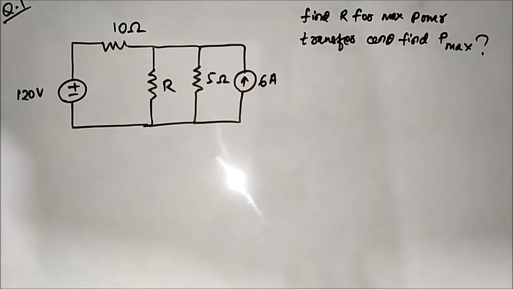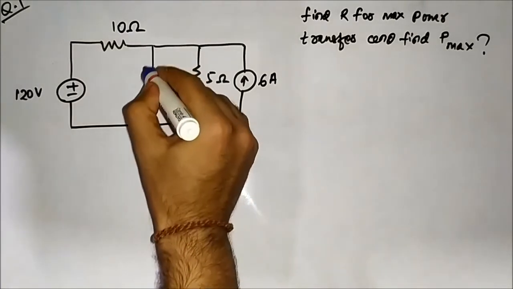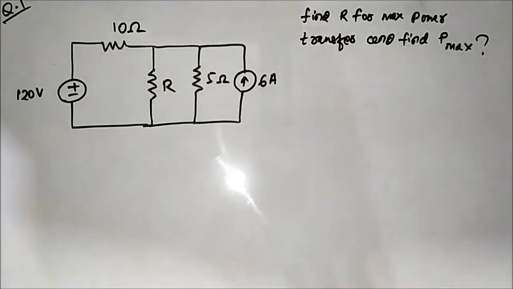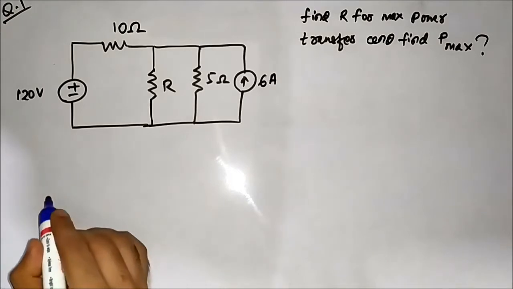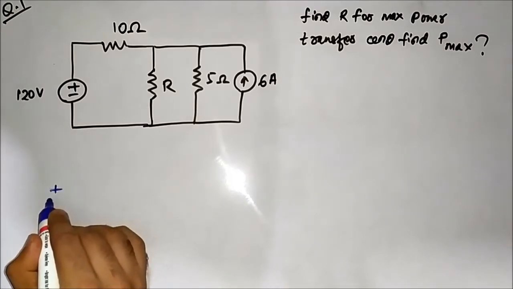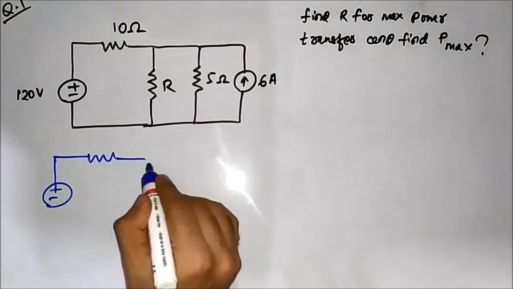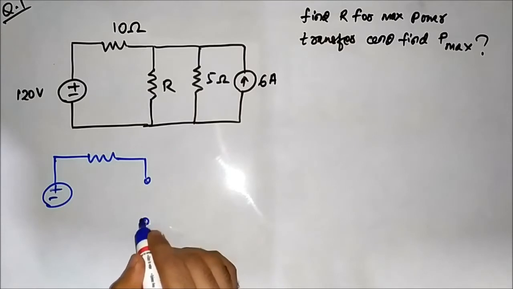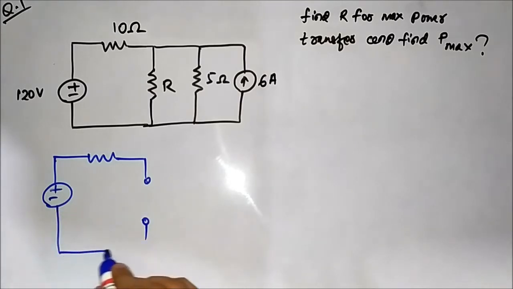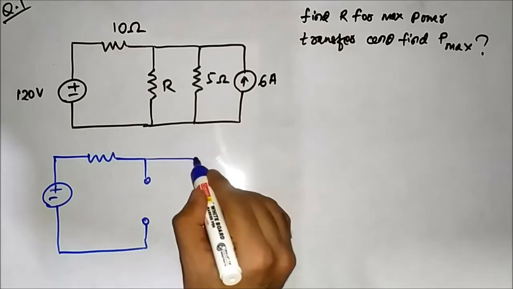Okay, so the important thing here is the application of Thevenin theorem. We have to find the Thevenin equivalent circuit across these two terminals. We have to open circuit first this whole terminal, and then we have to find the Thevenin equivalent circuit. Okay, so for that, we have to redraw the circuit, open circuiting these two terminals, removing R, then